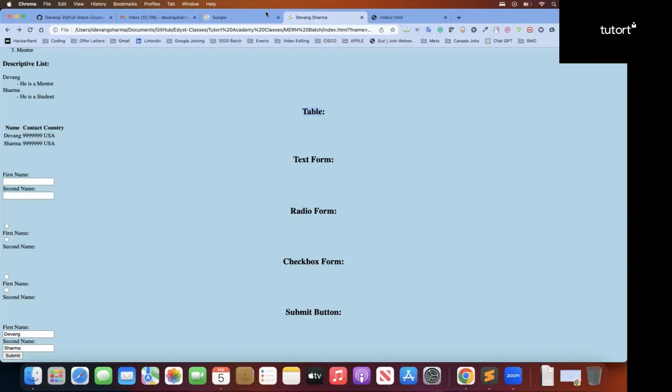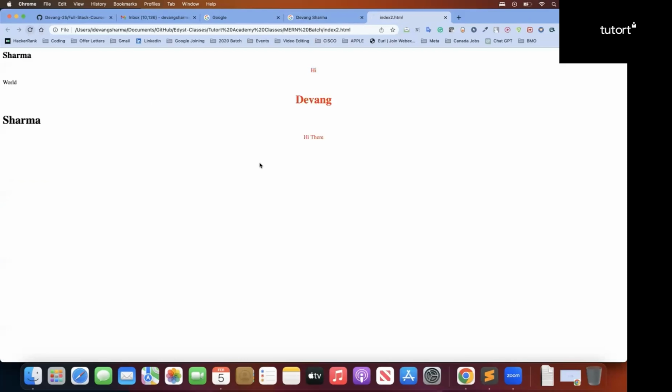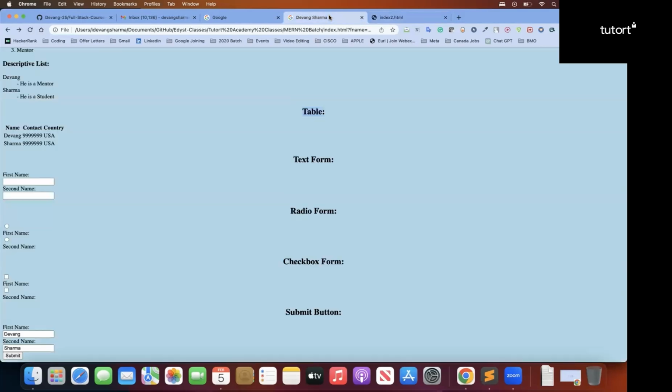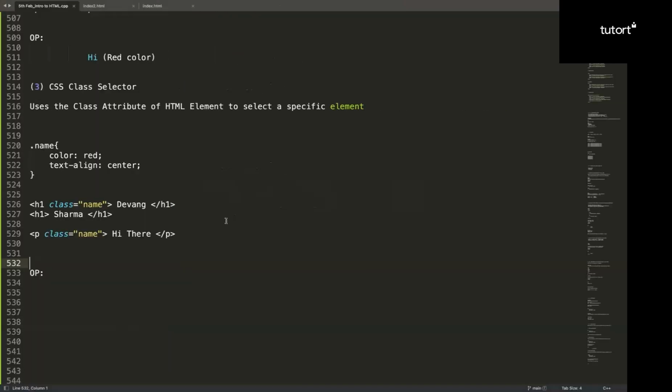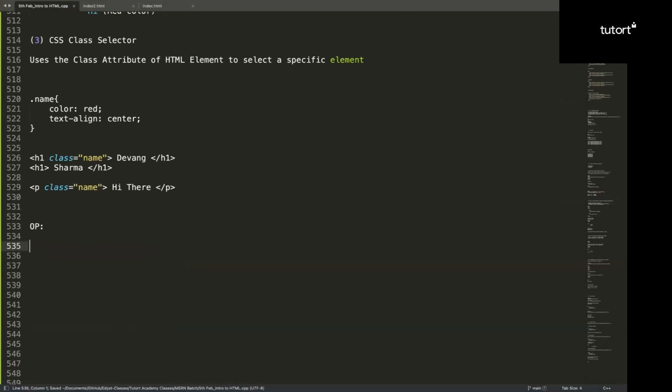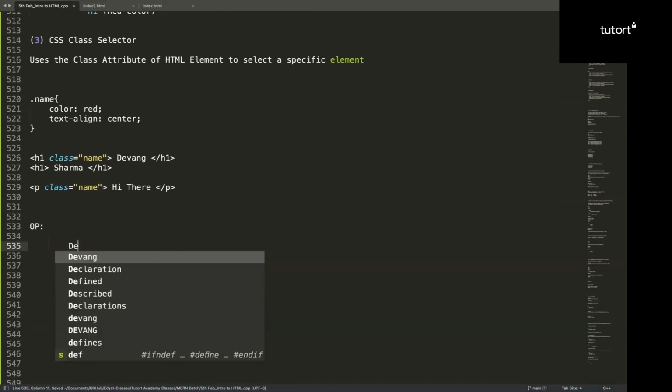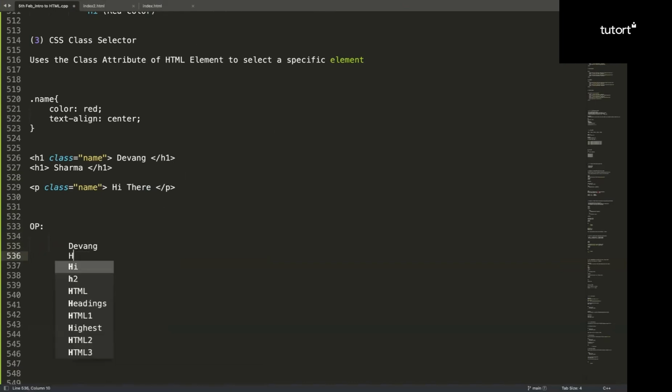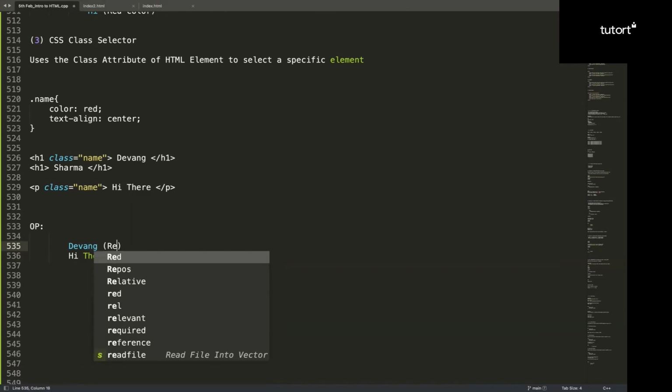Let's go to our index2.html. Let's try to refresh it. As you can see, Hyder is in red in center, Devang is in red in center. So that is what we expected. Everybody has given the right answer so far. So you will get Hyder in center and in red color,